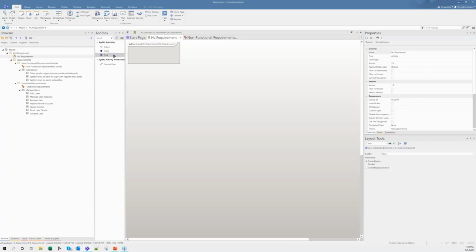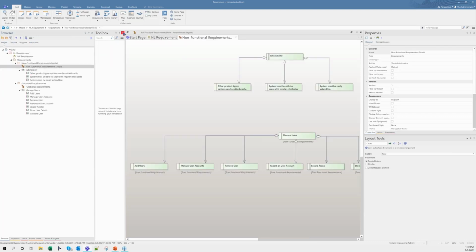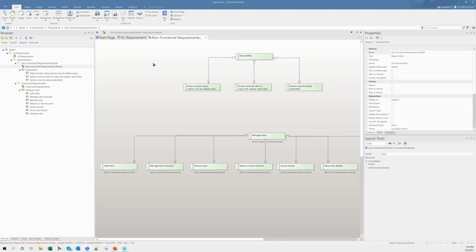I'm just getting back into EA, and can you notice we have a few other items here, other than the project browser? We can see context, diagram, and resources. Let's say I have a different set of diagrams in my project browser, and I open the requirement diagram.